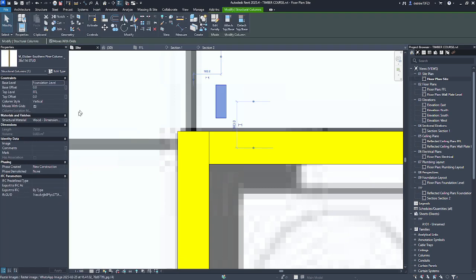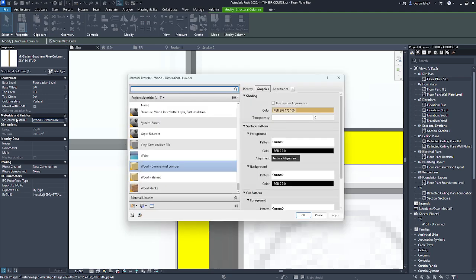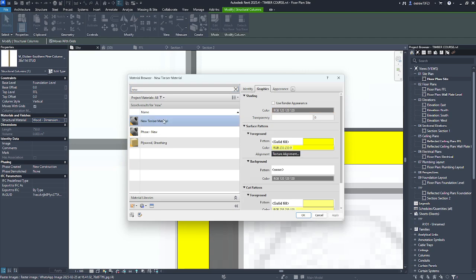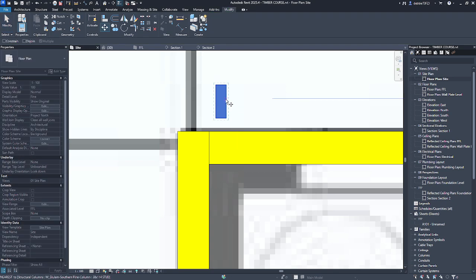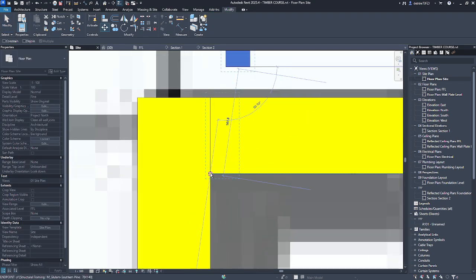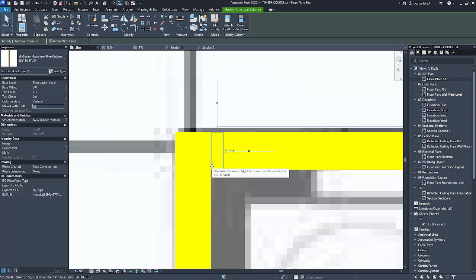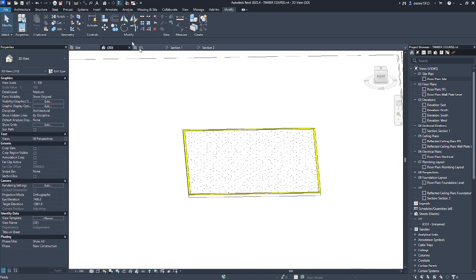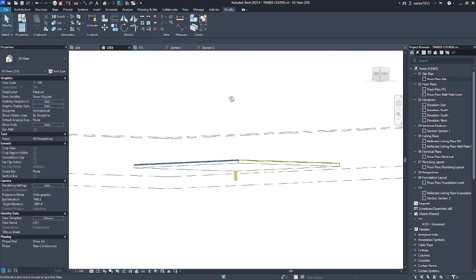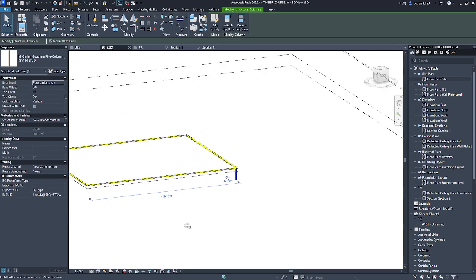So now select our stud that we have placed. Go to materials and finishes, new timber material, and we are going to place it on that line so it's nice and plump. So you can see it's hidden because for some reason my Revit decided we're gonna have a tiny one.